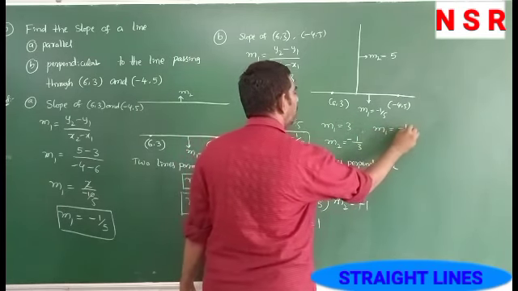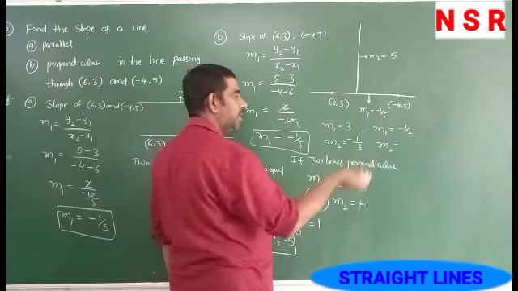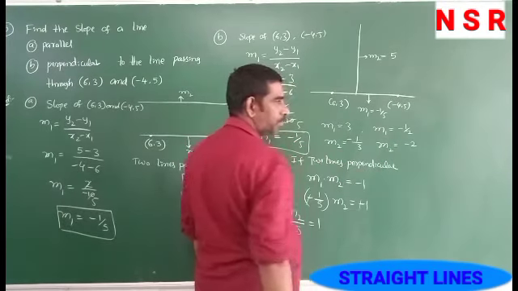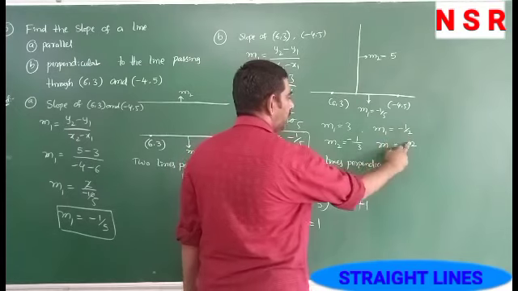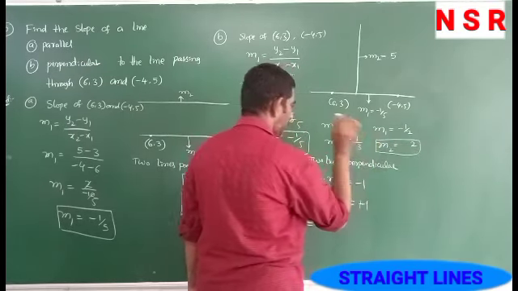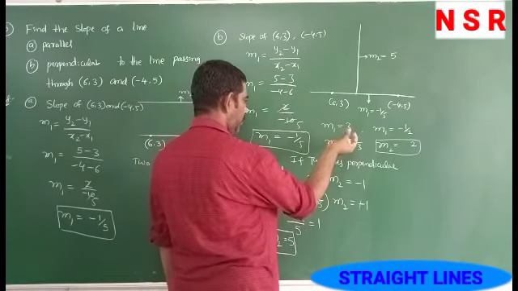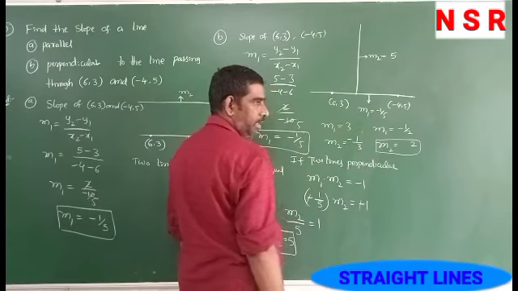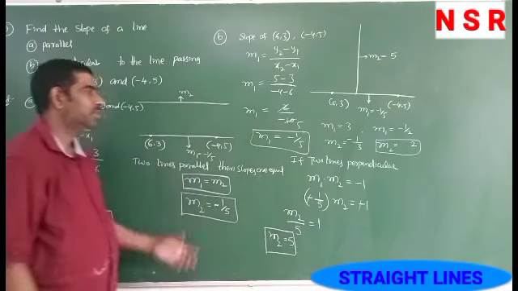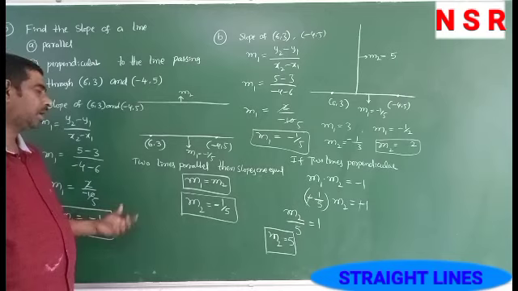Suppose m1 equal to minus 1 by 2. Now m2 is equal to perpendicular line slope. First reverse the number. Minus 1 by 2 reverse is minus 2. So here minus is there, write here plus. So the product of perpendicular line slopes is equal to minus 1. Okay? So if we have a slope m1 of a line, first reverse it and change the sign, reverse sign. So this is the slope of perpendicular line, this is parallel line.